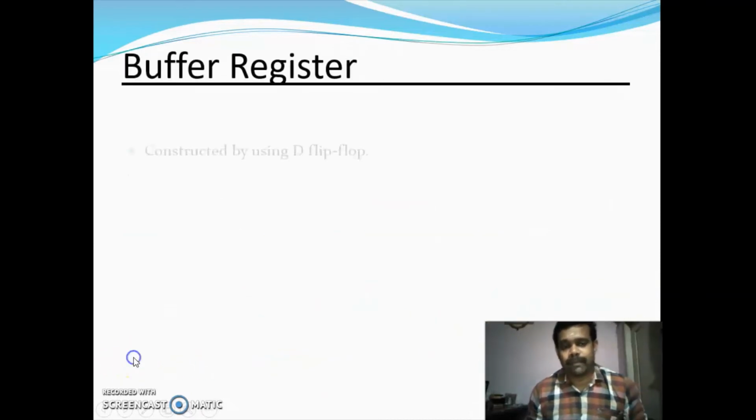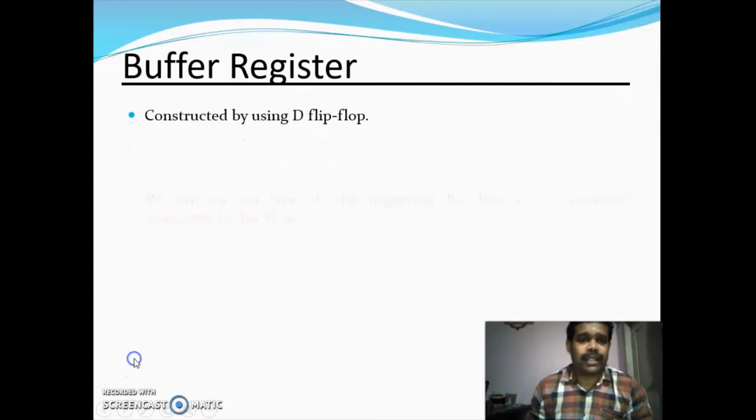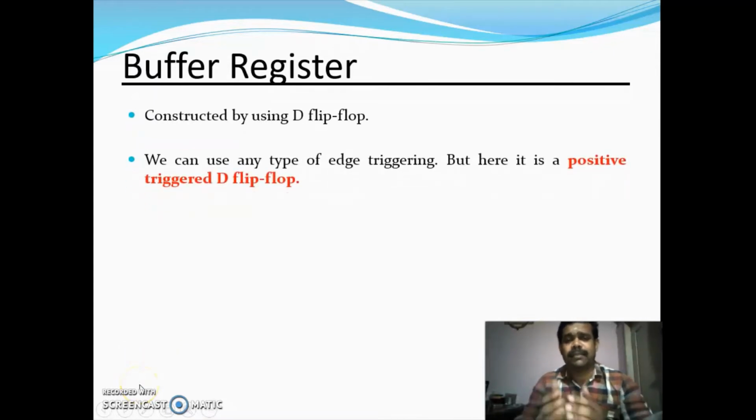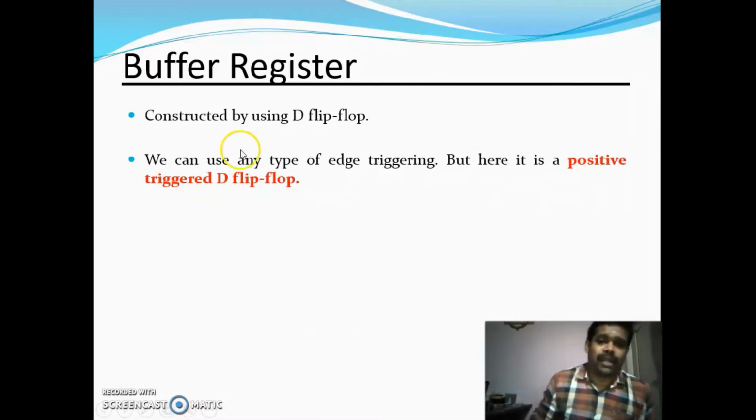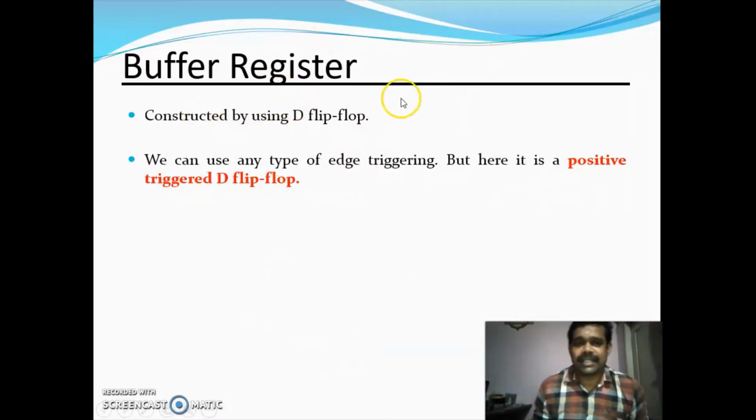Now, buffer register. Buffer register will just store and give the output. It will not do any modification. Just for time delay, you will be using this buffer register. This buffer register is constructed by D flip-flop. We'll be using D flip-flop for buffer register, and the type of flip-flop you have used is positive edge